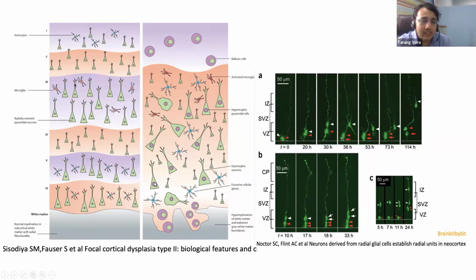The balloon cells are basically cells which have a lot of cytoplasm in them, and because they have a lot of cytoplasm, they have a lot of water in them, and a lot of water basically means that we're going to catch some good signal on MRI, very good quality MRI, on the T2-weighted and the FLAIR sequences, because the water content is more compared to an average brain.